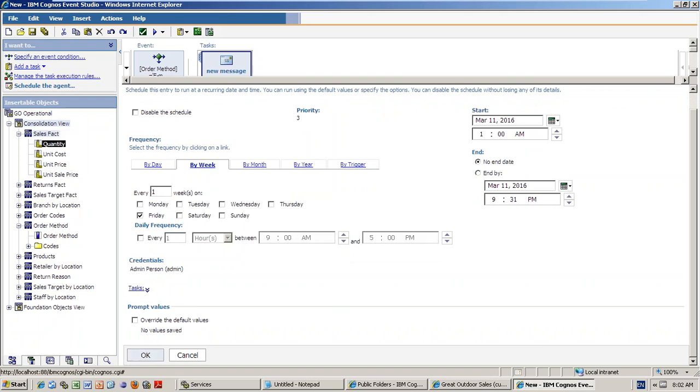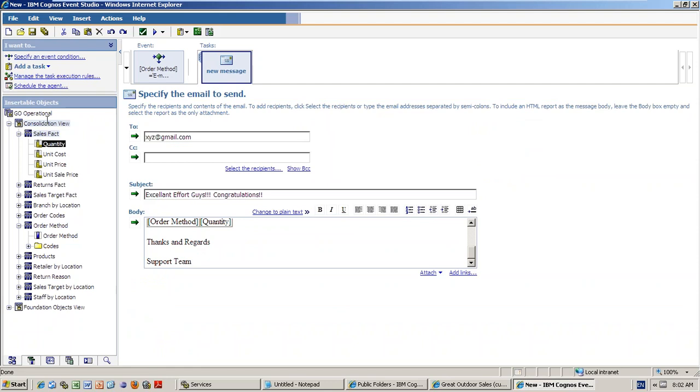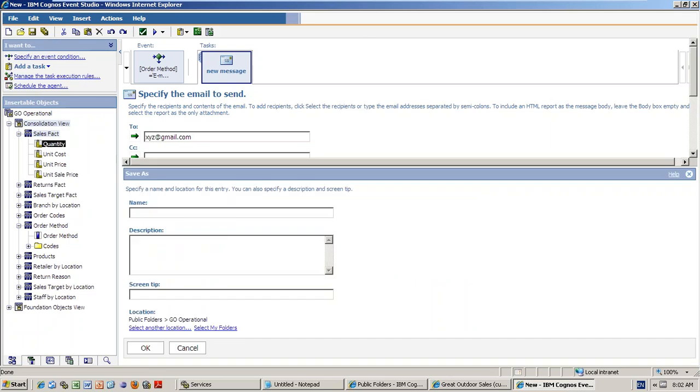Any questions here, guys? Then this one, as file, save as, sample, Event Studio.